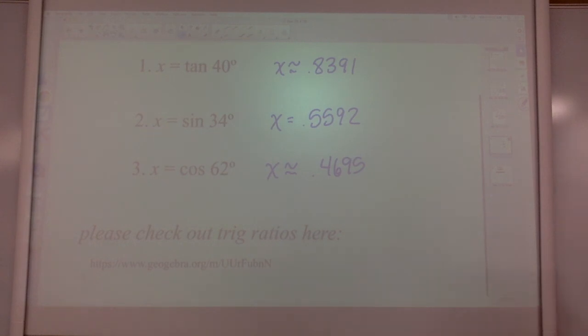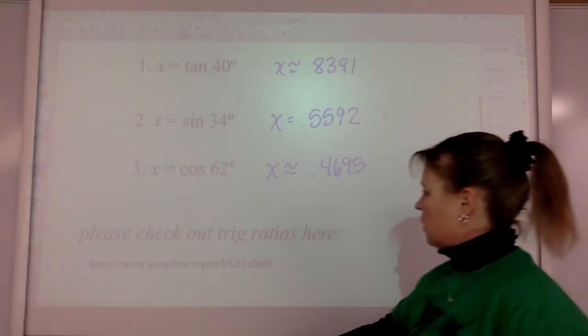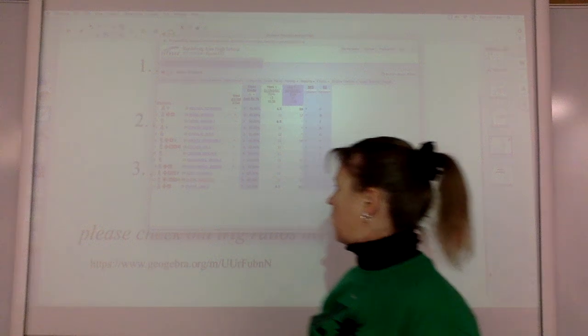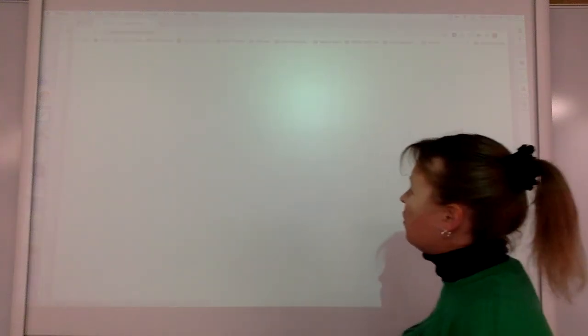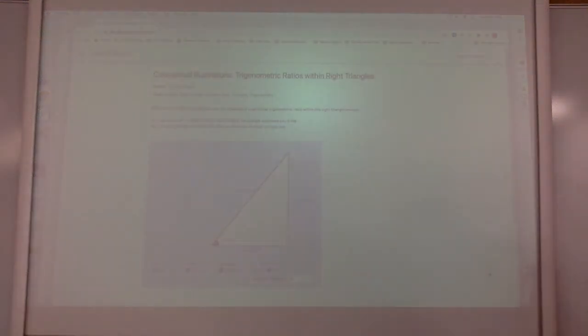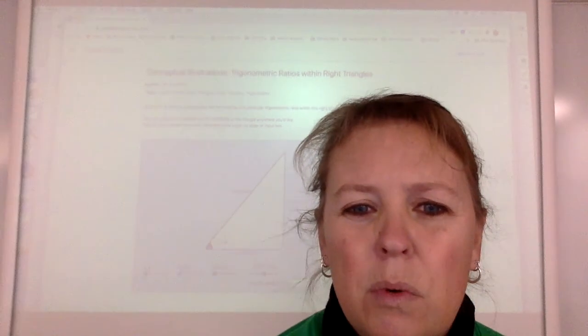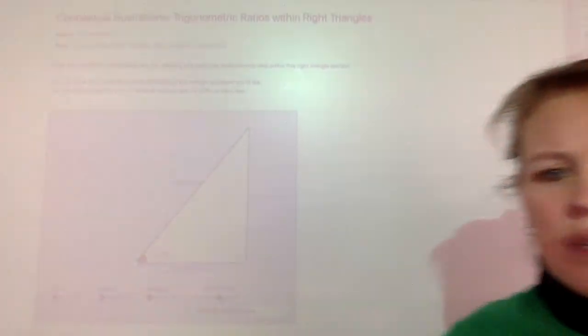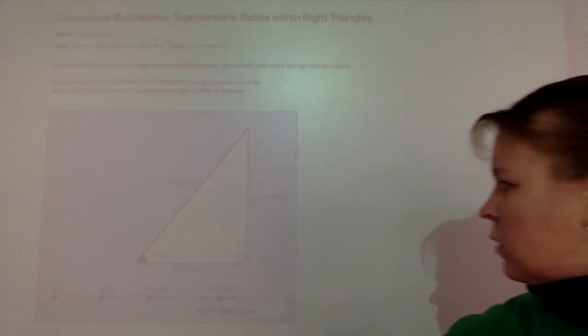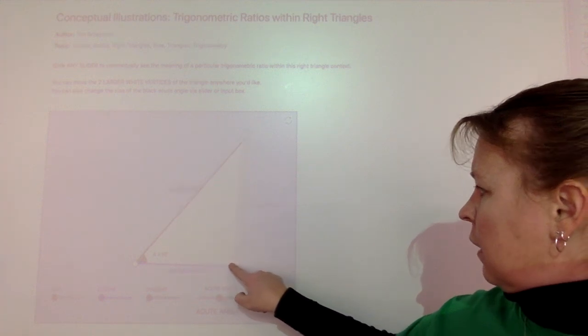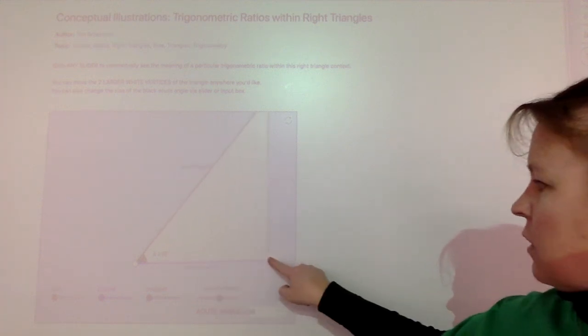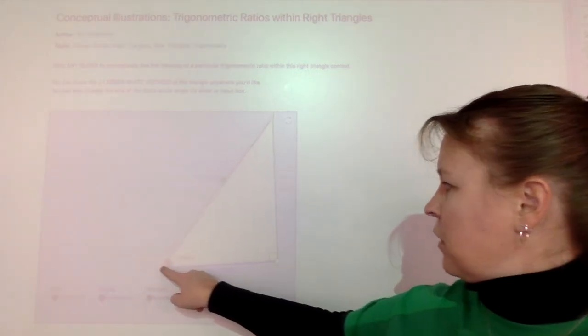I know this is a super long notes, but I do need to show you this video, because the question is, what are all these ratios even standing for? And if you want, you can go here on your own. It basically is showing you how long is each side compared to, and I'm going to zoom way in, how long is each side compared to its triangle. If I change this, nothing changes. But if I change this,